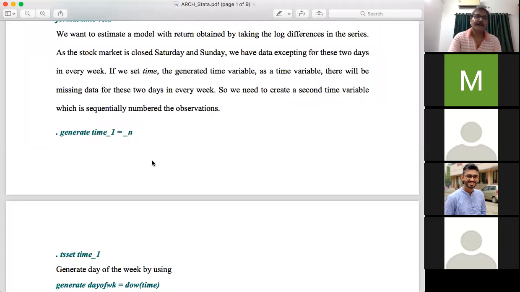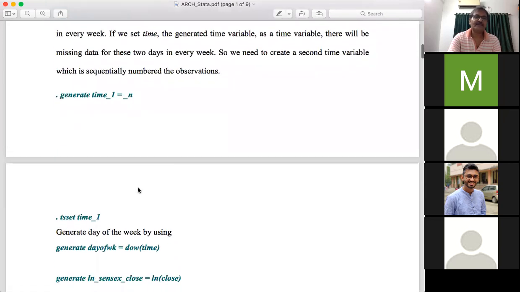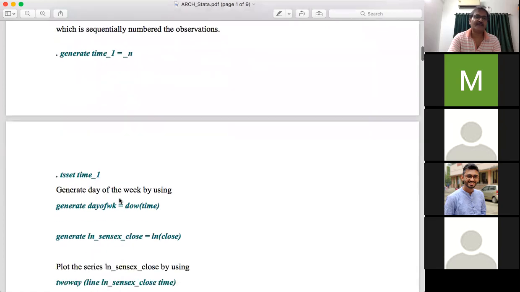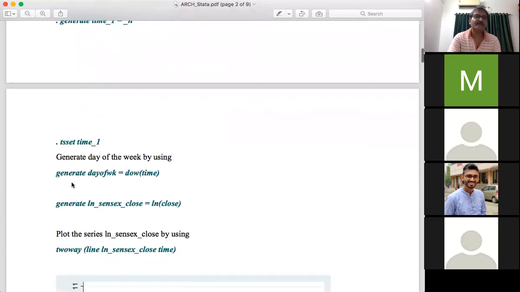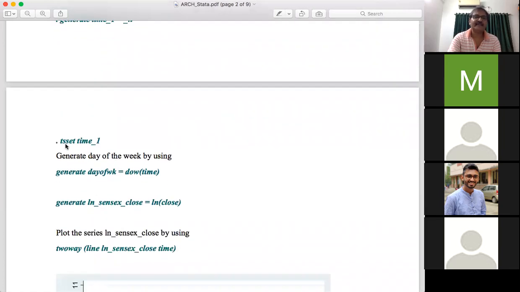Before carrying out any time series work, you need to first set which variable is the time variable. So let us set this hypothetical time_1 as the time variable. So you have to execute the next command, tsset time_1.